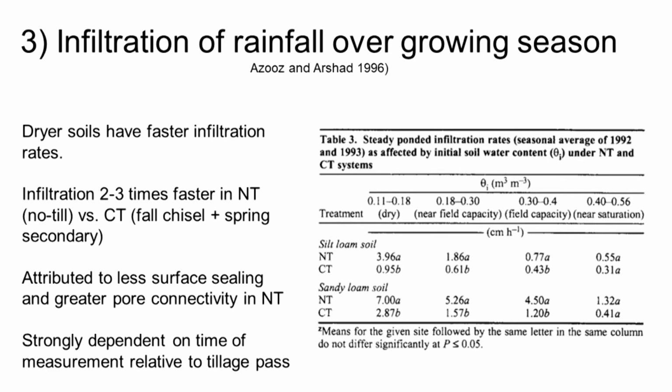Infiltration rates here are in centimeters of rainfall per hour. And you can see the infiltration rate depended on tillage. It was generally higher in the NT, or no-till, three times greater infiltration rate in dry soil. But it also depended on how wet the soil was when that infiltration measurement was taken. So basically, drier soils always had higher infiltration rates compared to wetter soils. That makes sense, right? Really wet soils, there's nowhere really for that rainfall to go, so you have lower infiltration